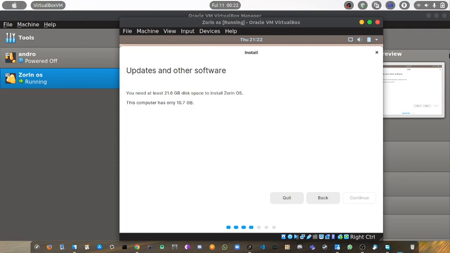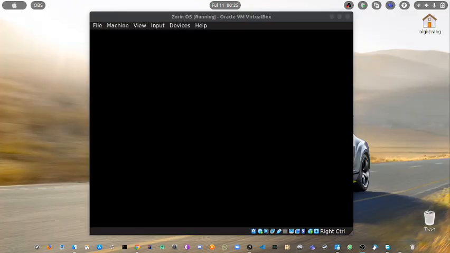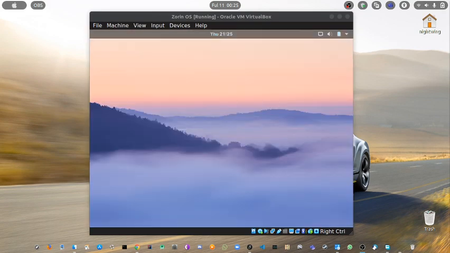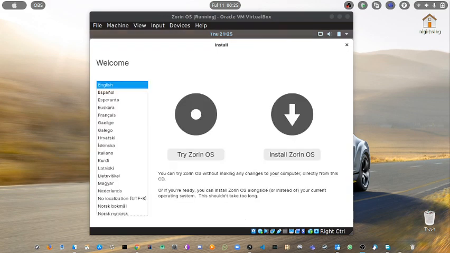Let me go back. So we started again. It's now waiting for the bootloader screen to come on, and the first time it asked us for some more space. I have added some more space on it. Hopefully this time it will actually work. Yeah, so we were to do the Zorin OS install,